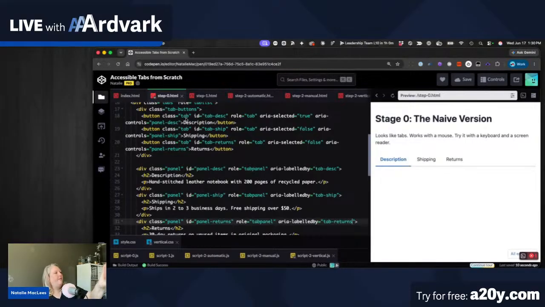So these changes here, where we added a few roles and we added some aria attributes, these are what help us change a bunch of divs and buttons into a connected, coherent component that is going to announce itself correctly with assistive technology. So there is one more change that we need to make, which is we need to make sure that our tab panels are reachable via the keyboard. And the way that we're going to do that is we're going to add a tabindex of 0 on each one of those,